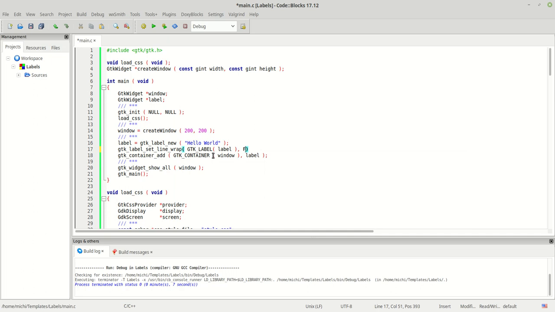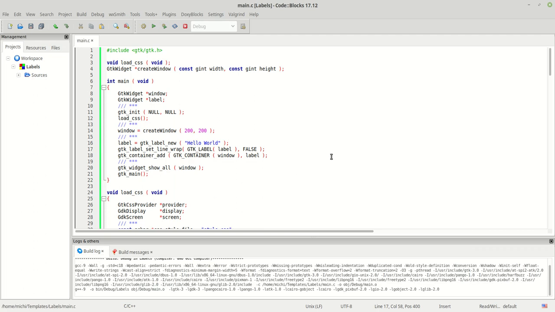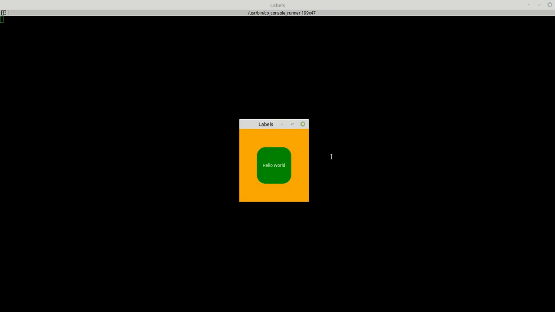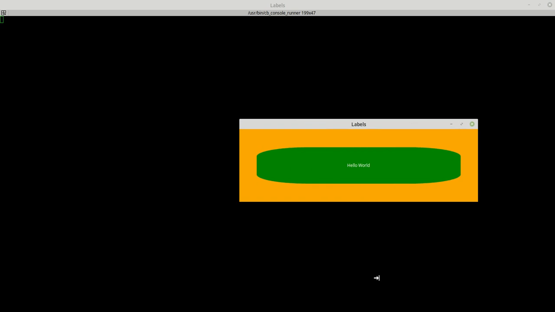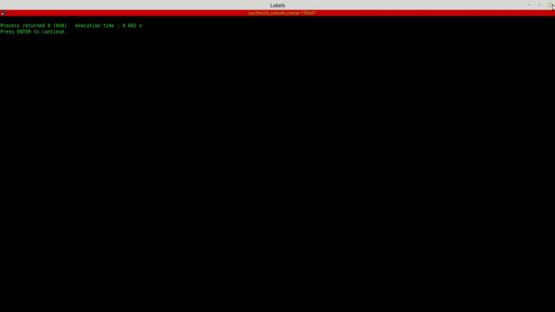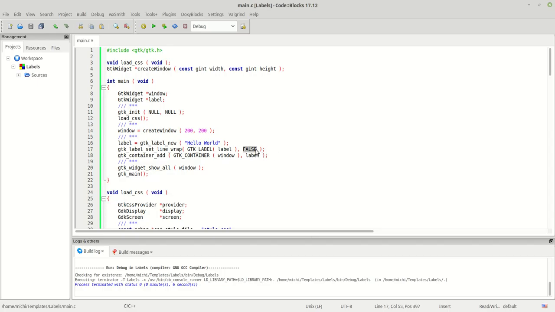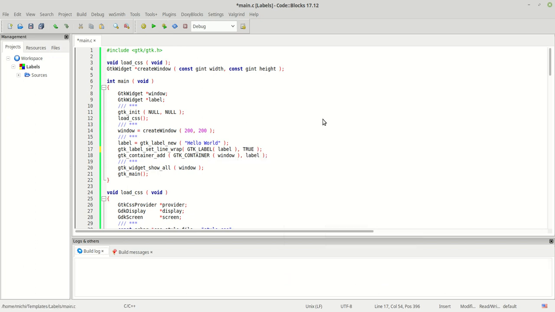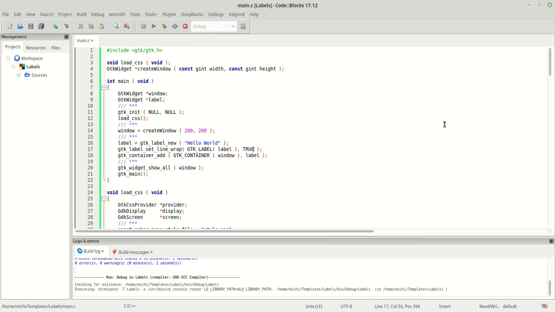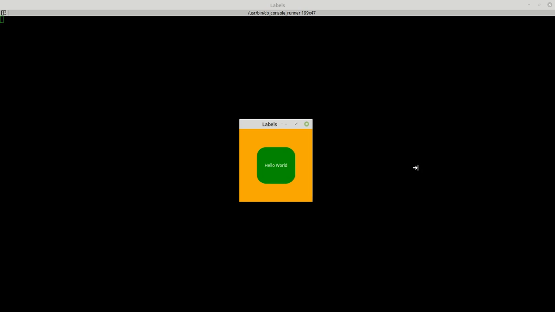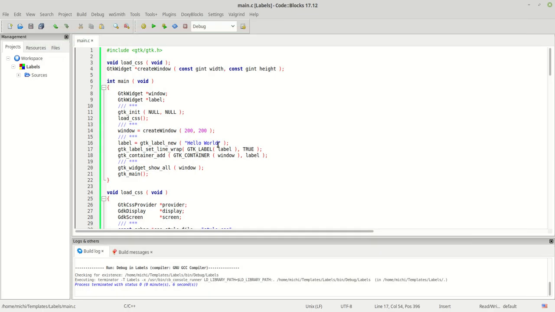Now let me set it to false at the beginning. I want to show you something. As you can see, there is no difference, nothing changed. Maybe you think that something changed. I'll set it now to true. Watch this. Let's see if something happens. Nope, nothing happens. So let's make a bigger text this time, like for example